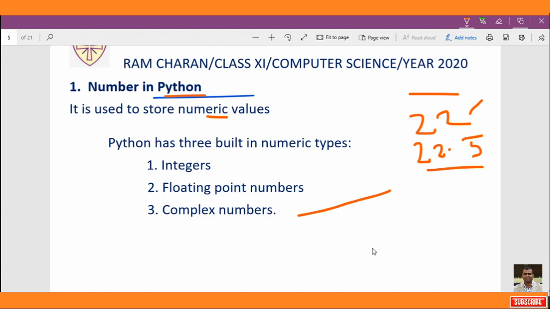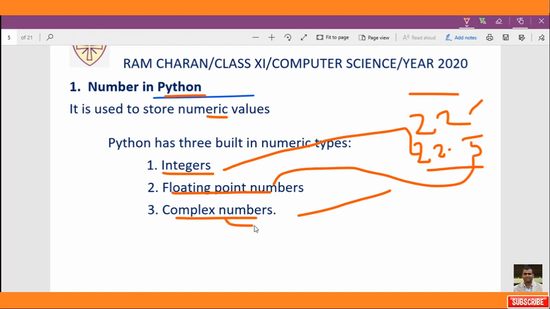Have you studied complex numbers in maths? You have to learn complex numbers in maths. A complex number has one part real and one part imaginary. It will be understood by you very soon, and I'm going to show you one example. So there are three basic built-in data types: integer, floating point and complex number. Integer deals with this 22, floating point deals with this 5, and complex number deals with, let's suppose, this type